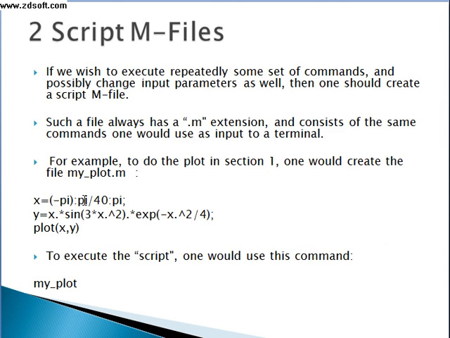Now coming towards the second method, that was script M files. Now if we wish to execute repeatedly some set of commands and possibly change the input parameter as well, then one should create a script M file. Such a file always has a .m extension and consists of the same commands one would use as input to a terminal. For example, to do the plot in section 1 that I have just covered, one could create the file